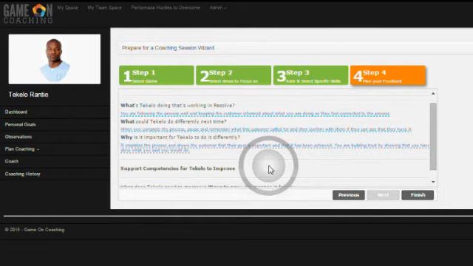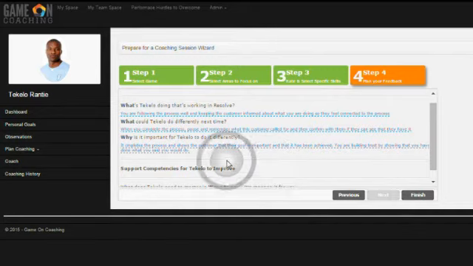So this is really important that we have this kind of formula of what are you doing well, so that we can start on a positive, move them forward into some change action around what they could do differently next time. Do you notice that we're not dwelling on the past, on what Tekelo might have done wrong in the past? We're rather leading him into the future where he can make change. And then we're providing Tekelo with some context or a principle behind why it is that it would be useful to do it differently in the future, and what kind of benefit he can expect from doing it differently.